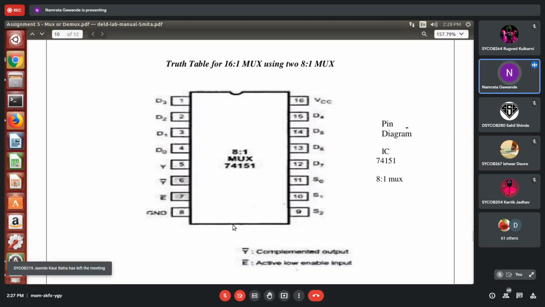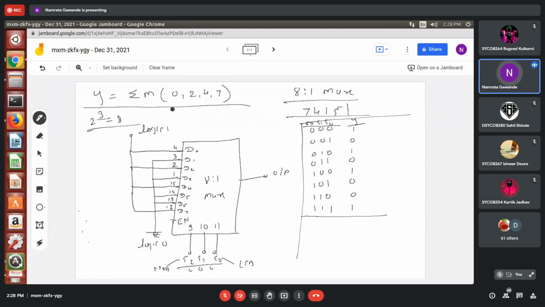That is the use of the multiplexer. It will select a data input based on the select lines, and that will be the output we get. If we don't connect this, as I want to realize this particular expression using a mux, any particular expression we can realize using a mux.